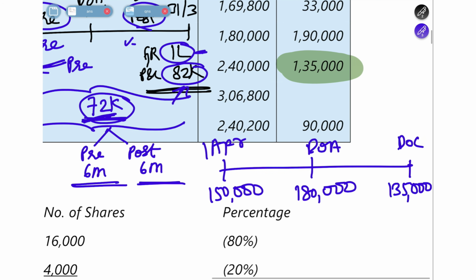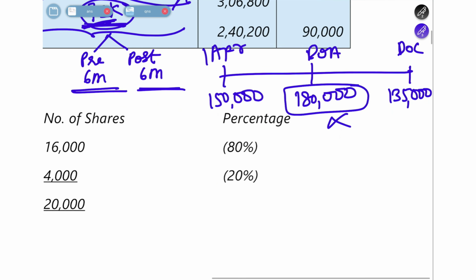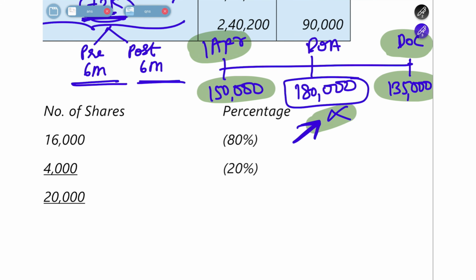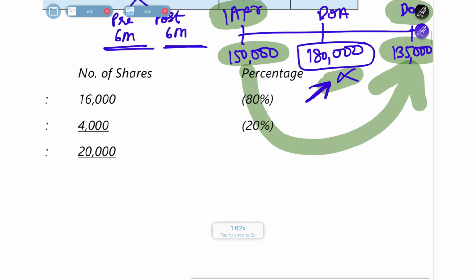And they are saying this adjustment of 1,80,000 has not yet been done. So we have to do this adjustment. Whenever they have given a revaluation in the question, that means they have not done this adjustment as yet. You have to do this adjustment. So the only information given in the question which has been adjusted is that as on 1st April your plant and machinery is worth 1,50,000, and after 1 year it is worth 1,35,000. So without any adjustment of revaluation, you have already had a decrease in the plant and machinery value.